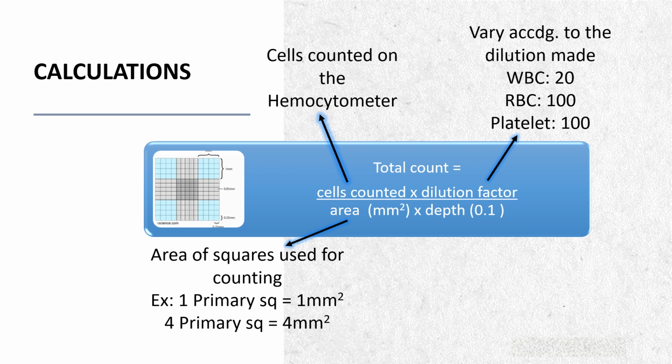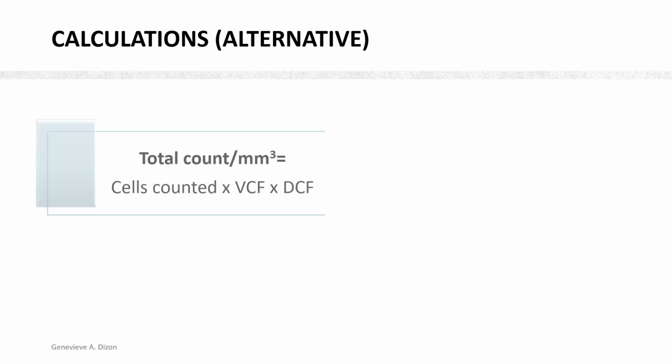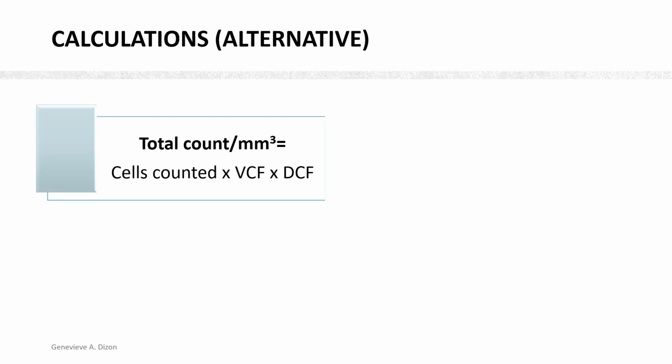If 1 primary square was used for counting, then 1 square millimeter is used for calculations. If 4 primary squares were used, then 4 square millimeters is used for calculations. The depth is the distance between the surface and the cover slip, and this remains constant at 0.1. An alternative calculation may be as follows. The total count per cubic millimeter is equal to the cells counted multiplied by the VCF and multiplied by the